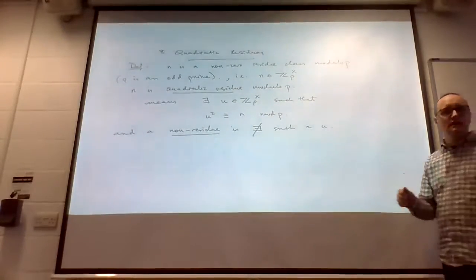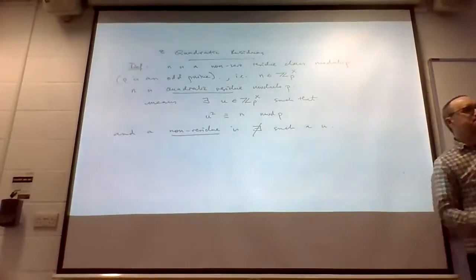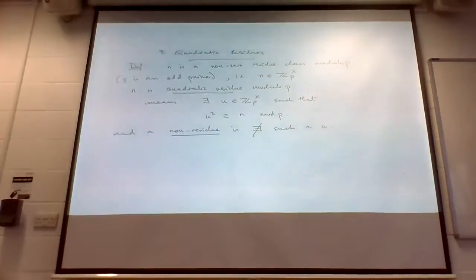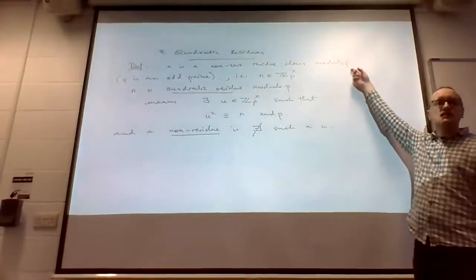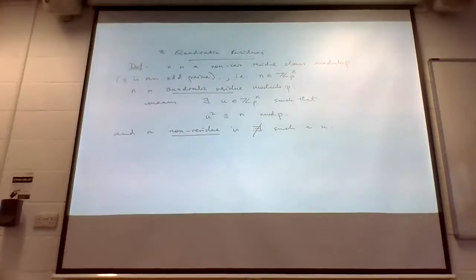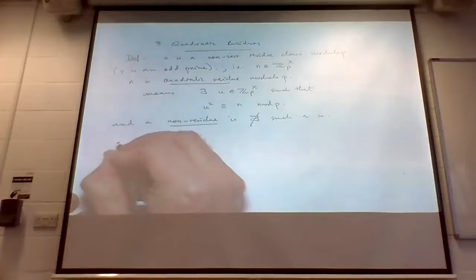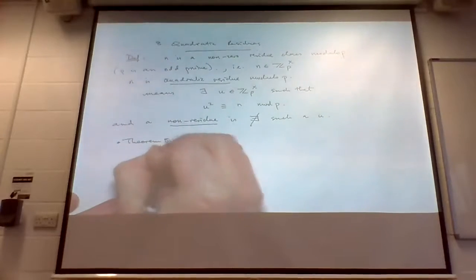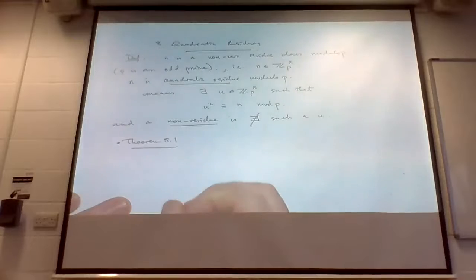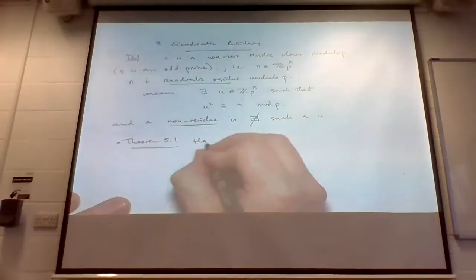So this is a binary classification of the congruence classes modulo P. In the first lecture, just to gain some insight into this, we immediately started looking at some examples of odd primes, the first few, 3, 5, 7, 11, and so on, and looked at which congruence classes were residues and which were not. We quickly formulated a conjecture,